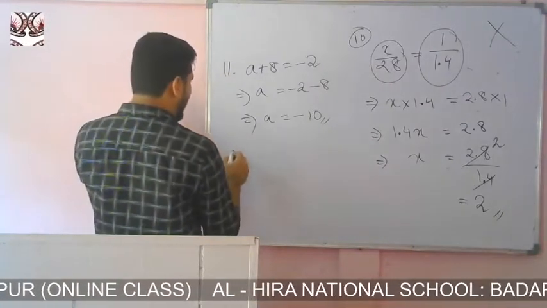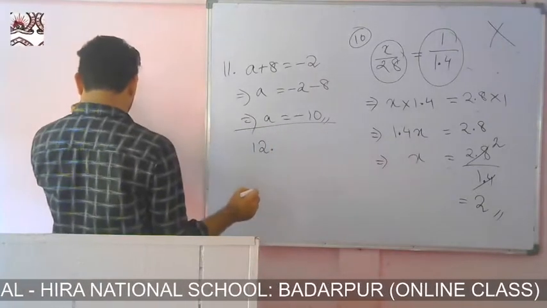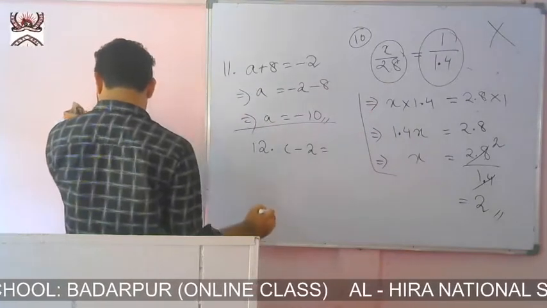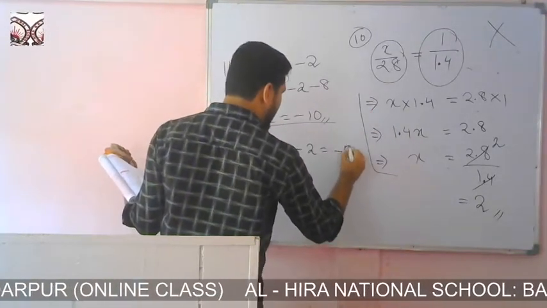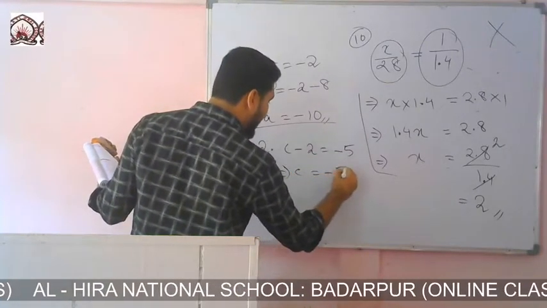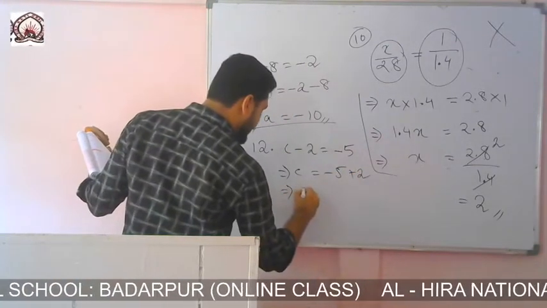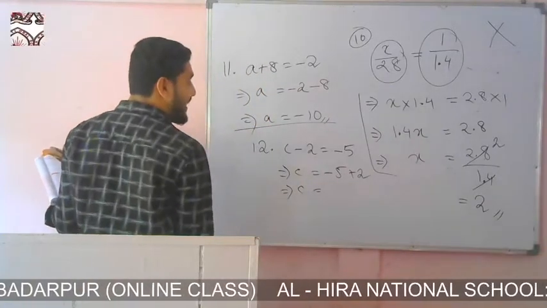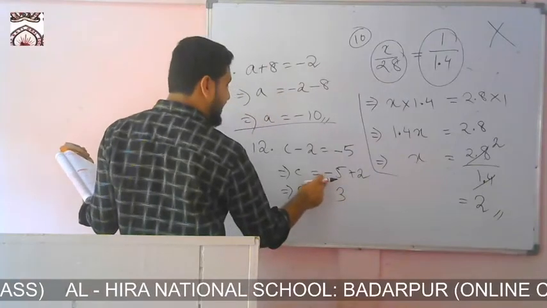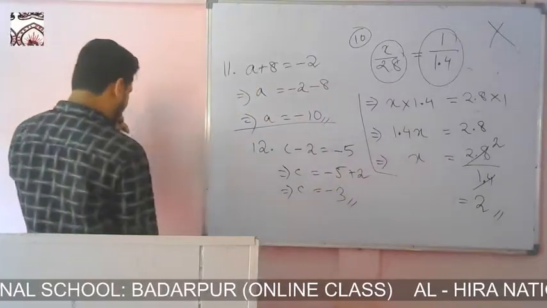now come to question number 12. You see, question number 12 is what? C minus 2 equals to what? C minus 2 equals to minus 5. Okay, then for this C will be what? C equals to what? Minus 5, and here it is minus, so it will come here by plus. Then C equals to what? Plus minus a minus, plus minus minus, then 5 minus 2 what? 3, and 5 is bigger, so we will use the bigger sign, minus 3. Okay,